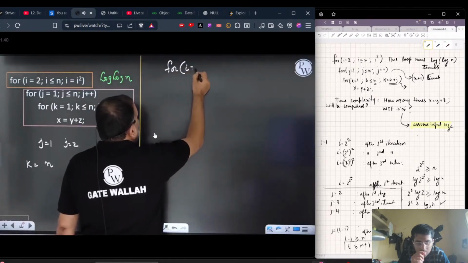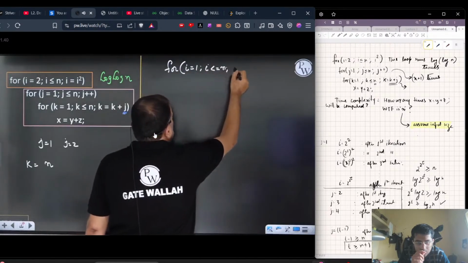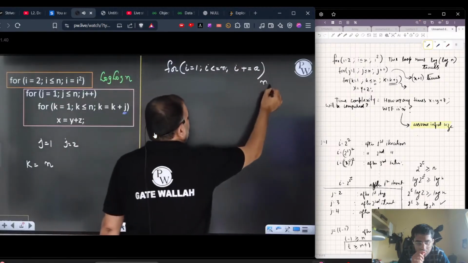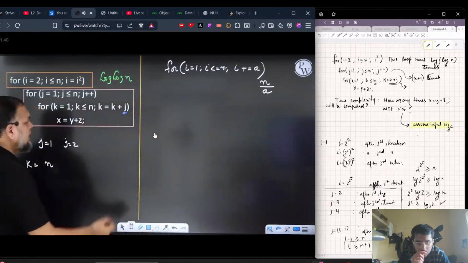इसका एक जनरल फार्मूला, if you remember, I have given you, the general formula for i इज इक्वल टू 1, i less than or equal to n, i plus equal to a, i इज इक्वल टू i प्लस a। इसका जनरल फॉर्म में क्या कहा था? This will repeat for n by a times. अगर वैल्यू ऑफ j 2 हो गई तो